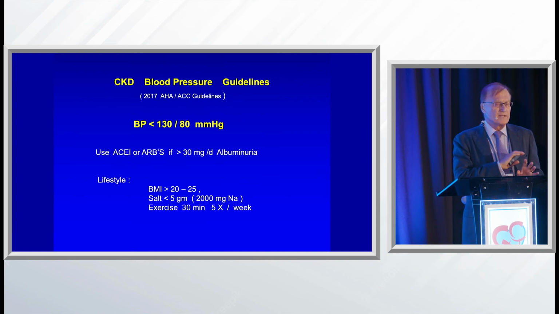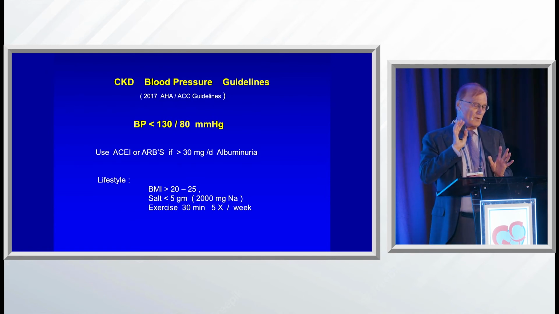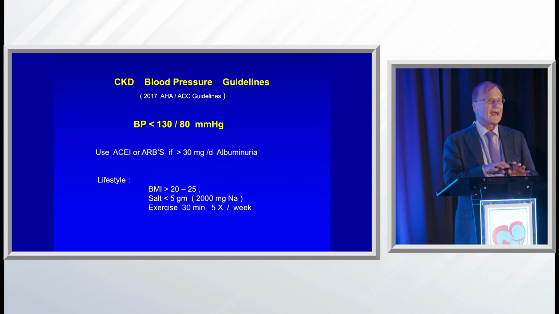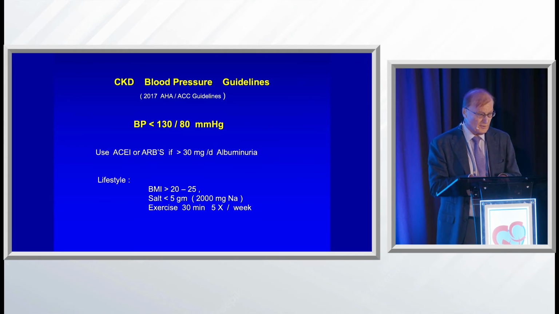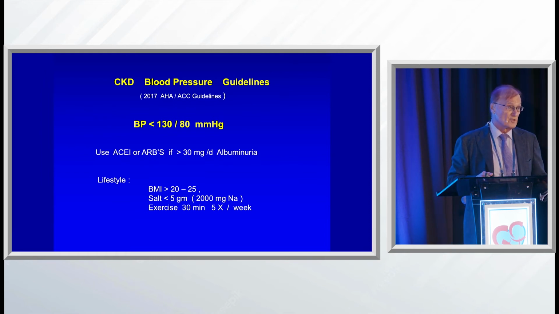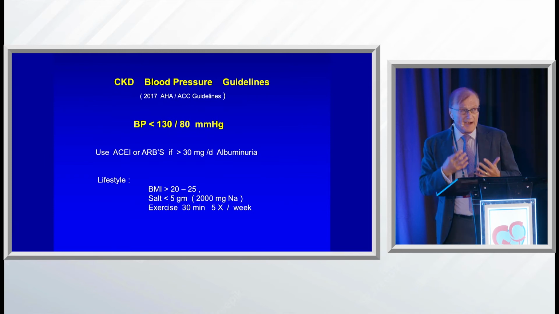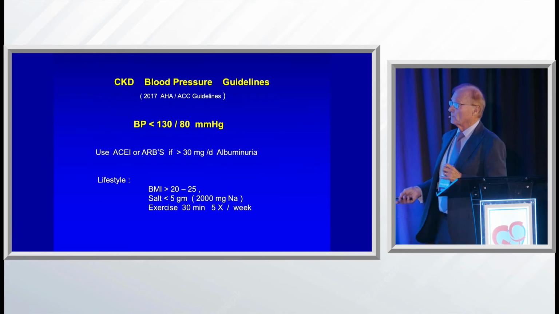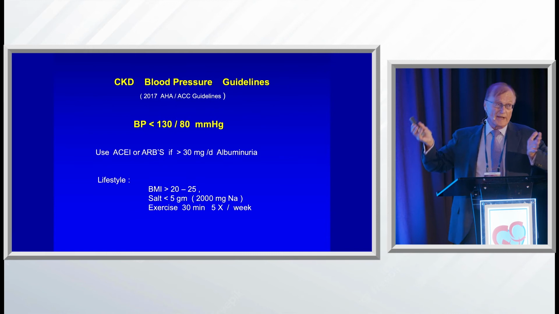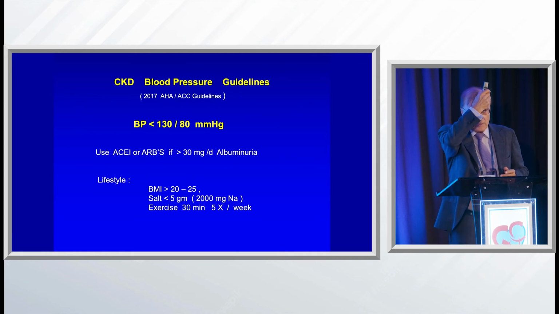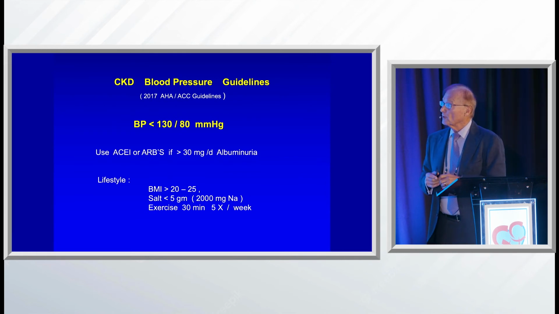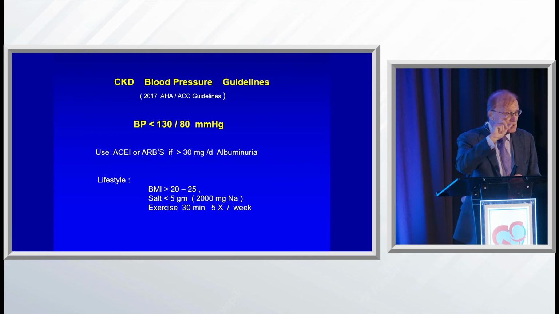So basically, what we now have for the last 5 years, whether it's you, me, or anybody who has CKD or diabetes or what have you, other disease, if their pressure is above 130/80, the guidelines show that you should be below 130/80. Most societies finally agreed that this is the ideal blood pressure with hypertension. And you can use whatever drug you want, a thiazide or calcium channel blocker, but if you're starting to have albuminuria, from a nephrology standpoint, we prefer ACEs and ARBs in max tolerated doses.